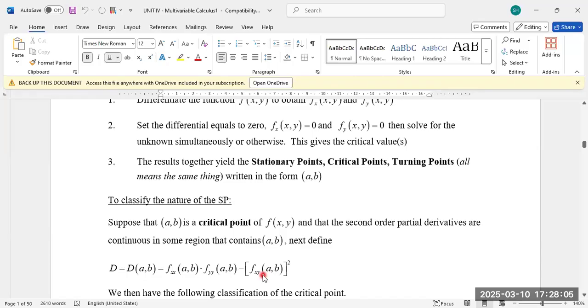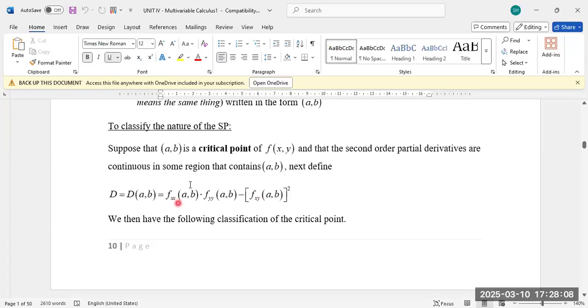Then we're going to have the following classification. Now, for f_xx(a, b), I'm going to be looking for the second order partial derivative with respect to x, and wherever in the function I see x and y, I'm going to substitute my (a, b), which is my critical value, in order to get a single value for f_xx. I'm going to be doing the same for f_yy, substituting to get that single value. So I'm going to multiply those two numbers, and I'm going to do the same thing for my f_yx. Now, when I do this calculation, if D is positive,